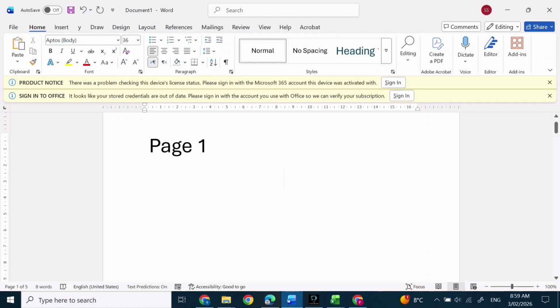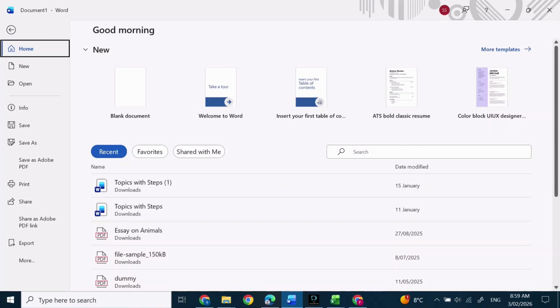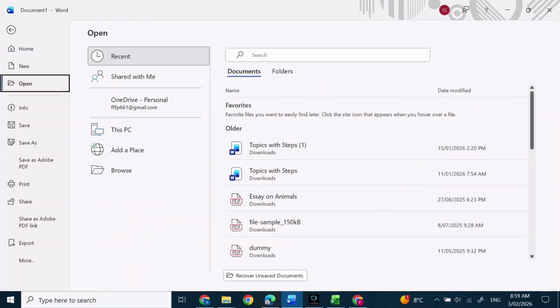First, open Microsoft Word. Here, click on File at the top left corner of your screen. After you click on File at the top left corner of your screen, click on Open on the left side. After you click on Open on the left side, click on Browse. After you click on Browse in here,